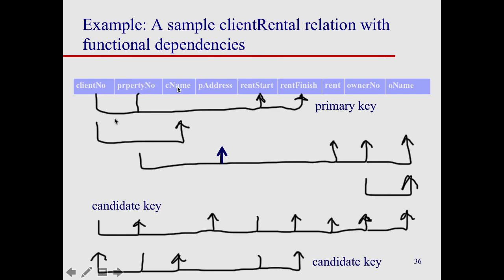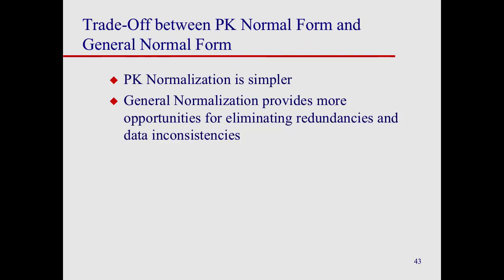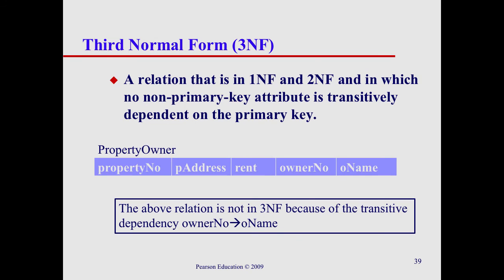So in that case, the functional dependency of property number determining property address, rent, and owner number, that would have been a transitive dependency. And owner number determining owner name would have been a transitive dependency. So they would have gotten moved out when I went from second normal form to third normal form. So in the end, I would have ended up with the same set of four relations. I'm not sure if I have them all here. But in the end, I would have ended up with